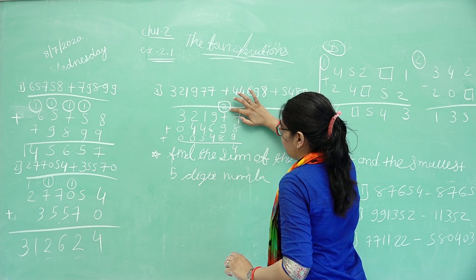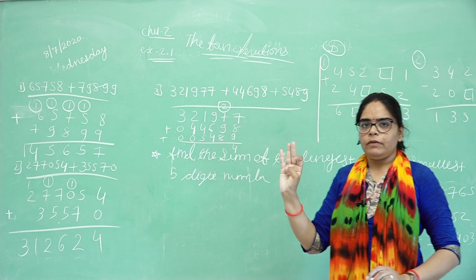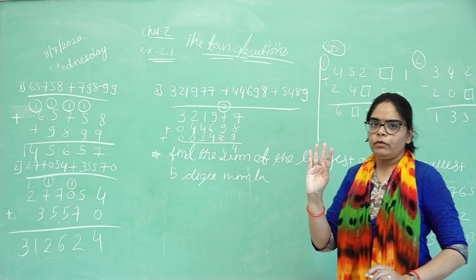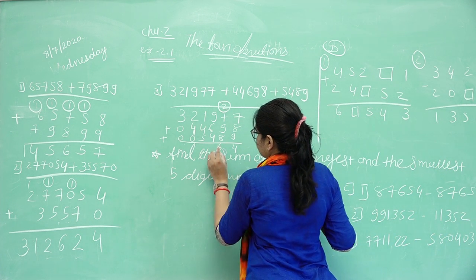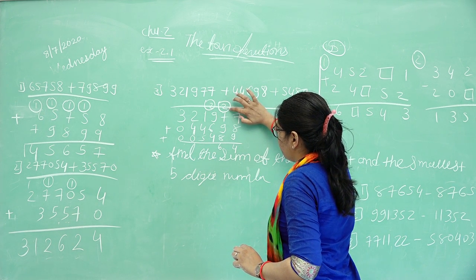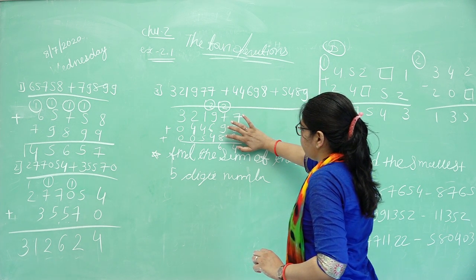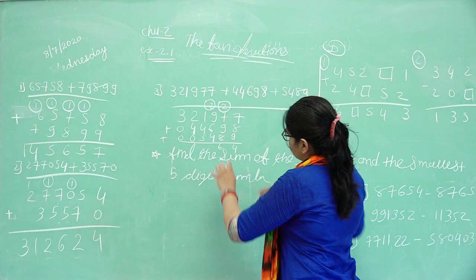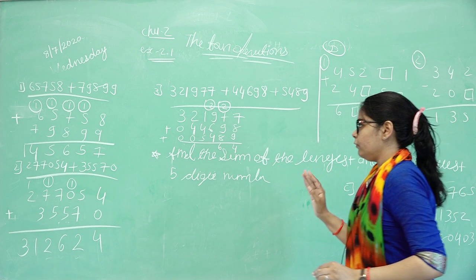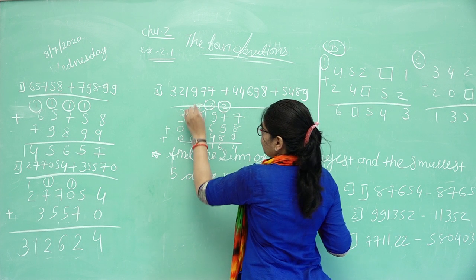9, 10, 11, 11 plus 7 plus 8, 11, 12, 13, 14, 15, 16, 17, 18, 19, 20, 21, 22, 23, 24, 25 and 26. So 6 here, 2 carry over. Counting again this number: 9, 10, 11 up to 25 and 26. So 6 here, 2 carry over. 9, 10, 11, 12, 13, 14, 15, 16, 17, 18, 19, 20 and 21. 1 here, 2 carry over.